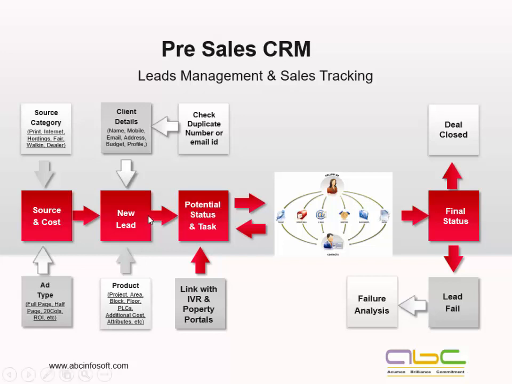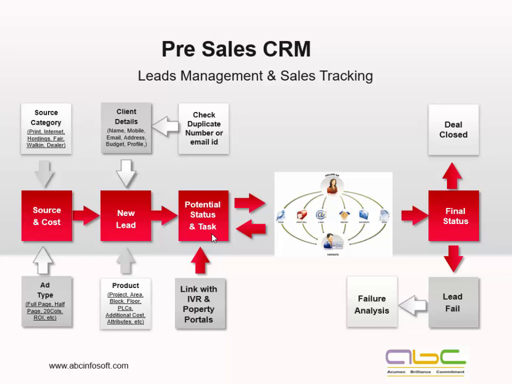Whenever a new lead comes in, we can give a particular filter for his requirements, what was the requirement, and what is being offered to him. Then at every stage, we define the current status of the lead along with the potential, whether it is hot, cold or warm, and then the task. For every lead, we define the next task for when we have to contact the client next. It is either that we have to send him a mail, or give him a phone call, or send a mailer with some details, or it could be a meeting.